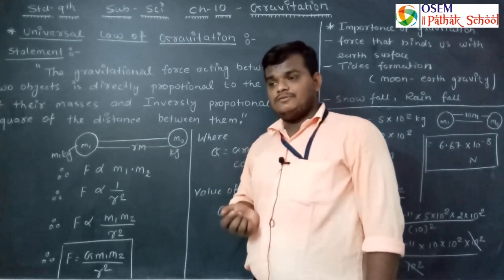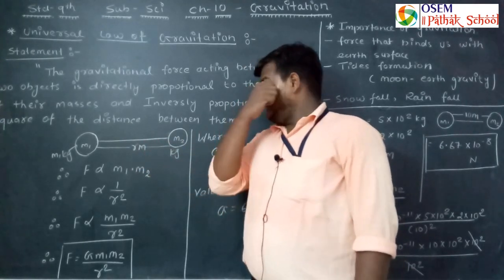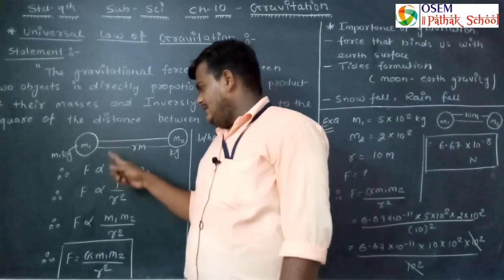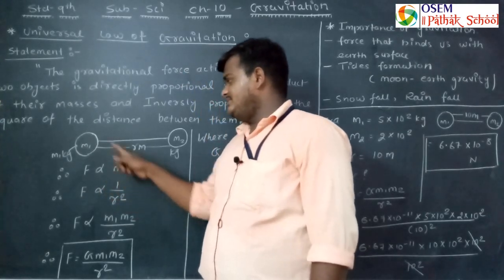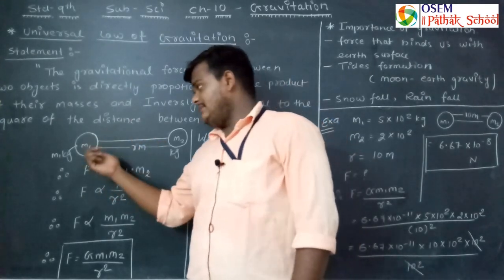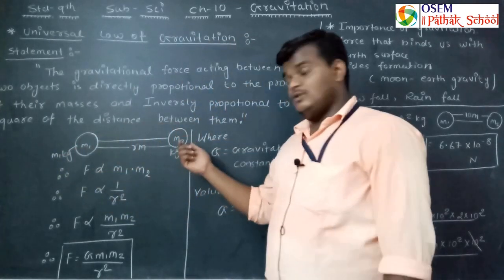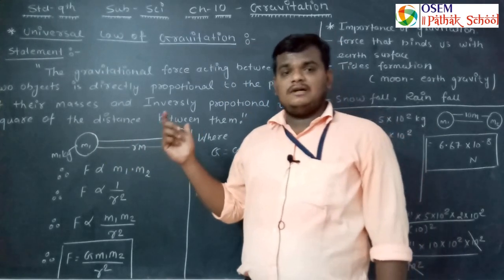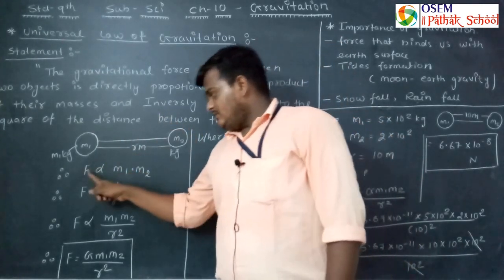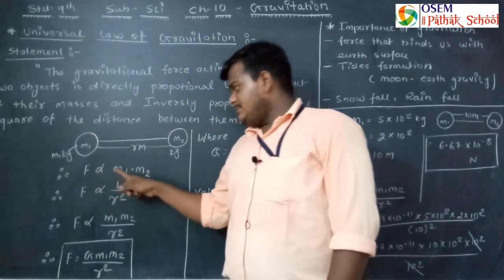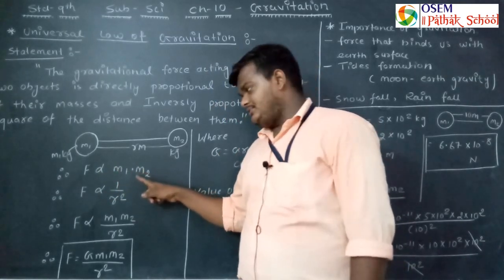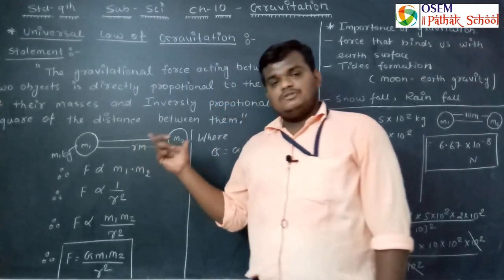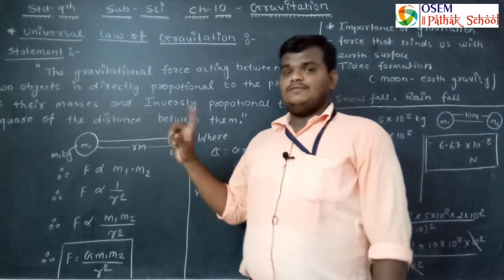So what would I do? Here we know that from the statement, the gravitational force is directly proportional to the product of their masses. So first ball का mass m1, second ball का mass m2. So m1 into m2 कर दे, so दोनों का मास का प्रोडक्ट मिल जाएगा. So we know that force is directly proportional to m1 into m2, and we also know कि उन दोनों बॉल के बीच में जो डिस्टेंस है उसके स्क्वायर के इन्वर्सली प्रोपोर्शनल है.